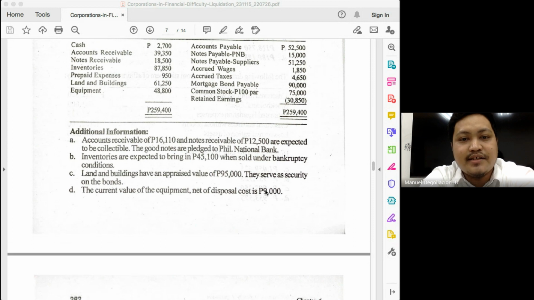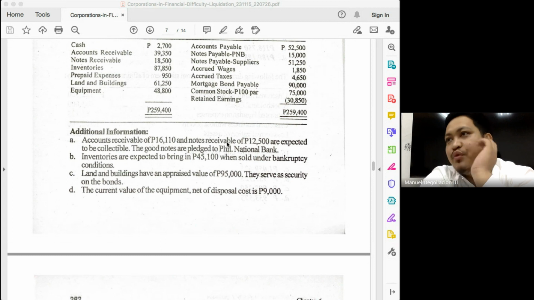Okay, so the unsecured portion here is how much? 2,500. Yeah, 15,000 and 12,500. So we were at 103,750 plus 2,500, that will give you